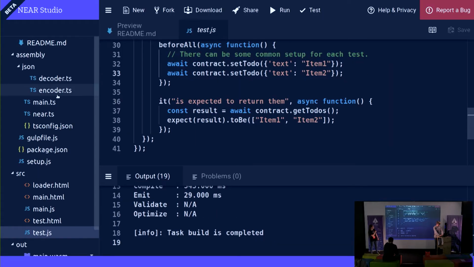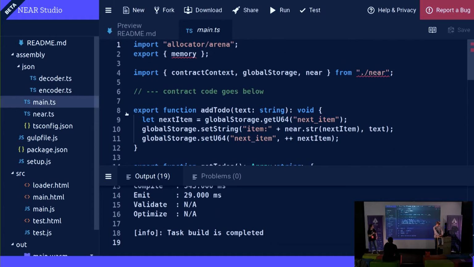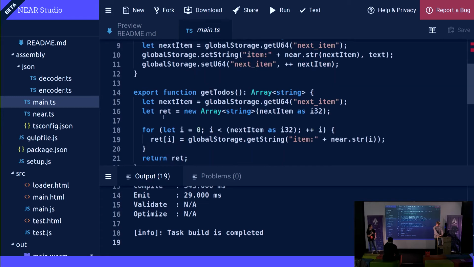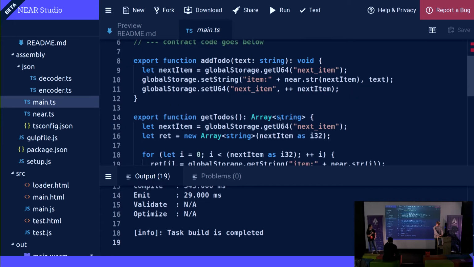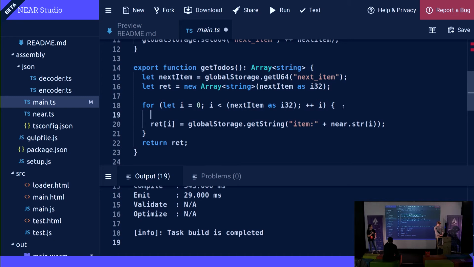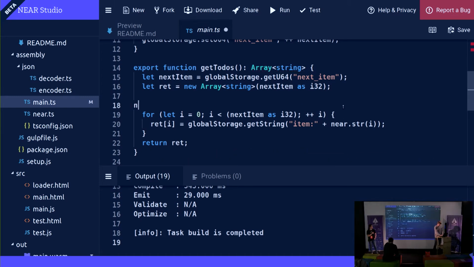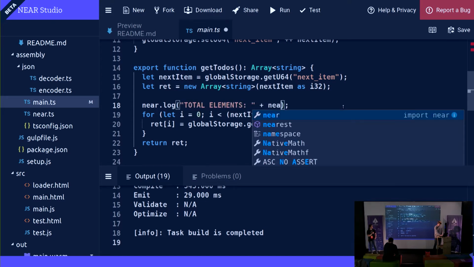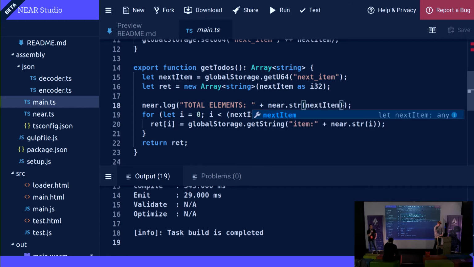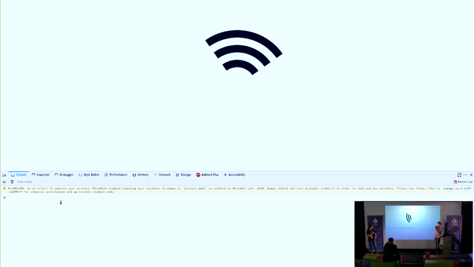Oh. So now let's do something cool. Specifically, and let's see if that works. We can log as we go. So let's do. You can use near.log. And so even though this is the backend code, this is the smart contract code, as you run it, unless something breaks, that is expected to appear in your development console.